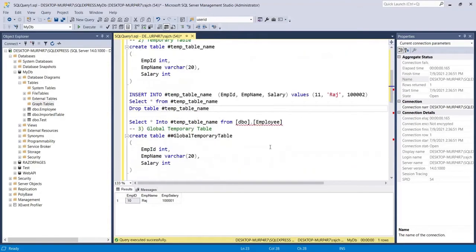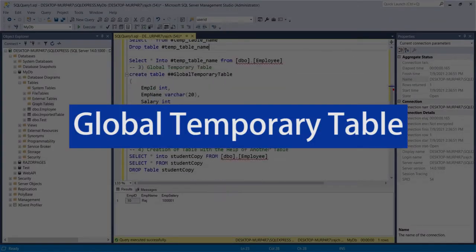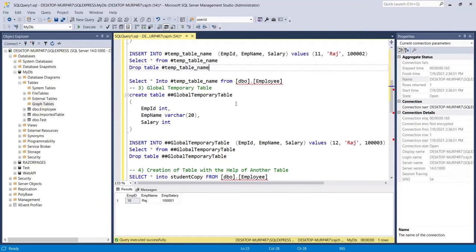And the third type of table is the global temporary table. This is the local temporary table, and this is the global temporary table. The main difference is that the local temporary table is stored in the temp DB, and it is available only to the session that created it.